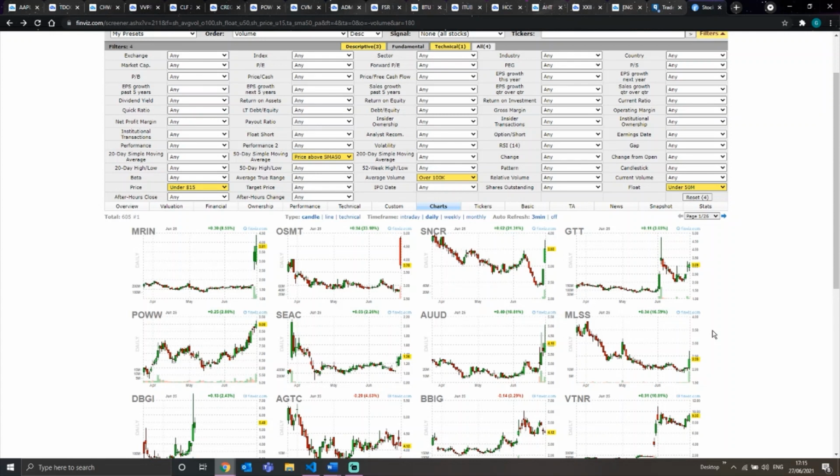We want a set number of plays. We don't want to overdo it and get distracted and have too many things going on that we end up missing the best one. So we want to find maybe 15-20 tickers, put them to one side, chart them up, and find the best ones of those. If some aren't quite ready but they look nice at that time,